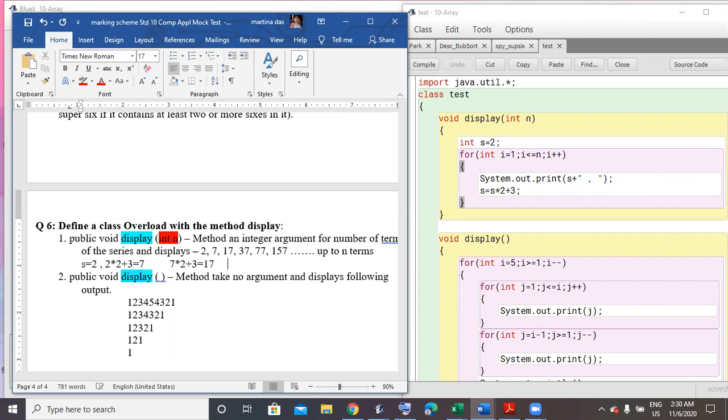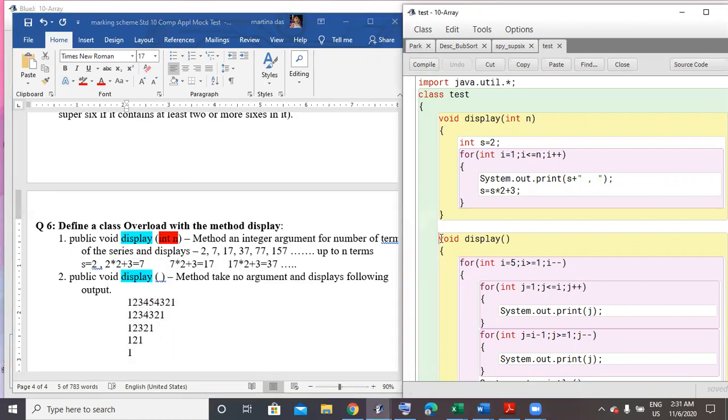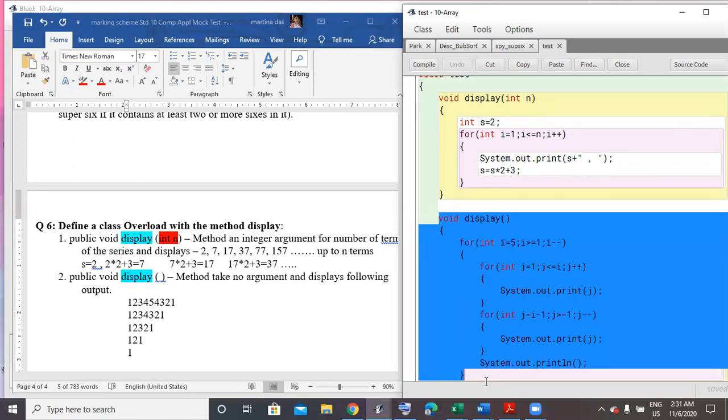So this process goes on. After that 17 into 2 plus 3 will give me 37. So the process goes on. So I am writing s equals s into 2 plus 3. After that, this format has to be displayed. No value is being passed. This part formatting is over here.